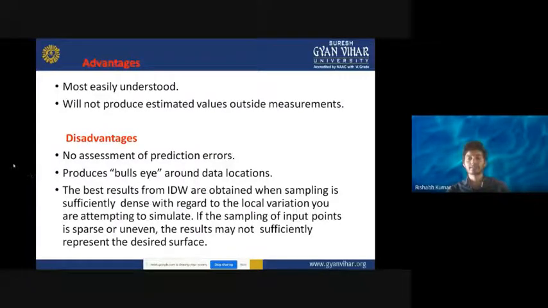Okay, if the sampling of input points is sparse or uneven, the result may not sufficiently represent the desired surface, right? So अगर आपका डाटा स्पार्स है, आपके जो लोकेशन मेजर्ड पॉइंट है, जहाँ पे आपकी वैल्यू नोन है जिन लोकेशन पे, राइट, दोज आर नोन एज मेजर्ड पॉइंट। तो अगर आपके मेजर्ड पॉइंट दूर दूर है और अनइवन है, मीन्स किसी एक साइड उसका इकट्ठा बड़े सारे डेंस हैं और बाकी एरिया में बहुत स्पार्स है, बड़े दूर दूर, so in that case it is not going to give you very much accurate result. Okay,